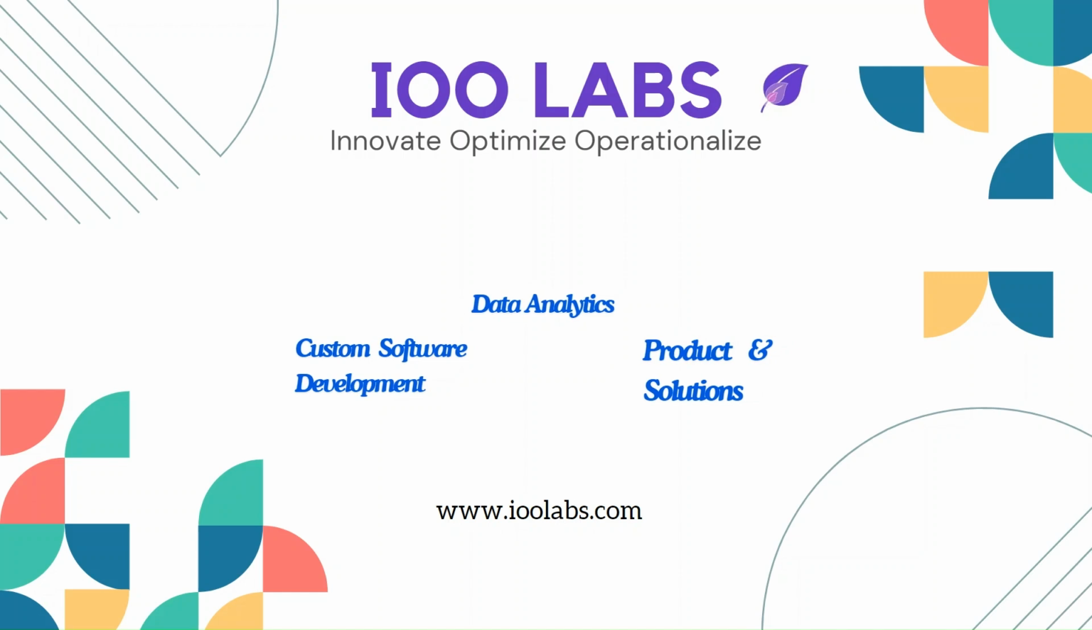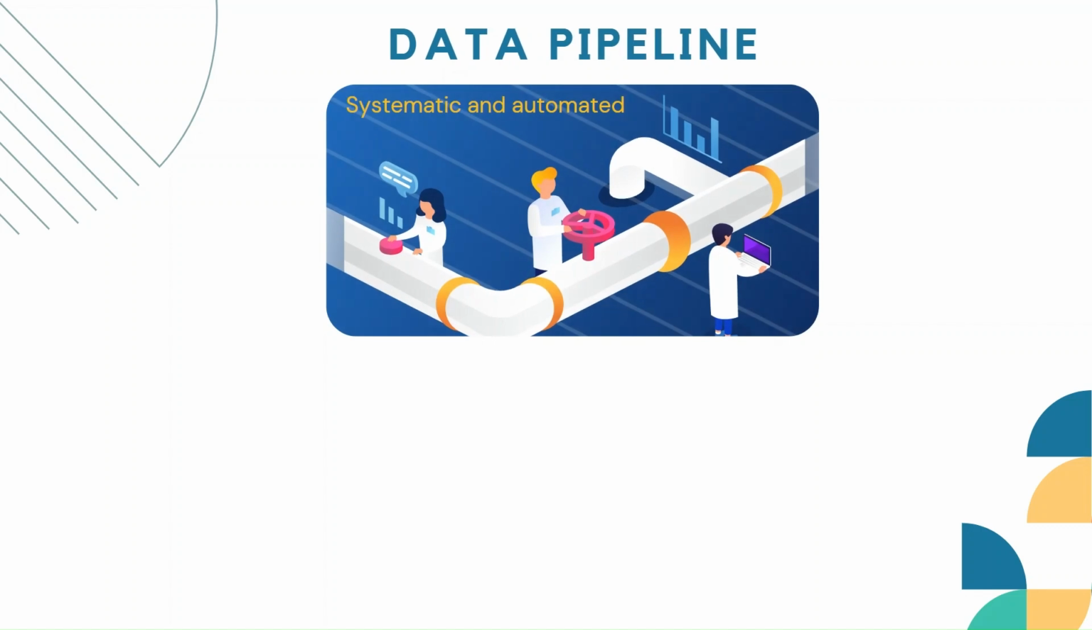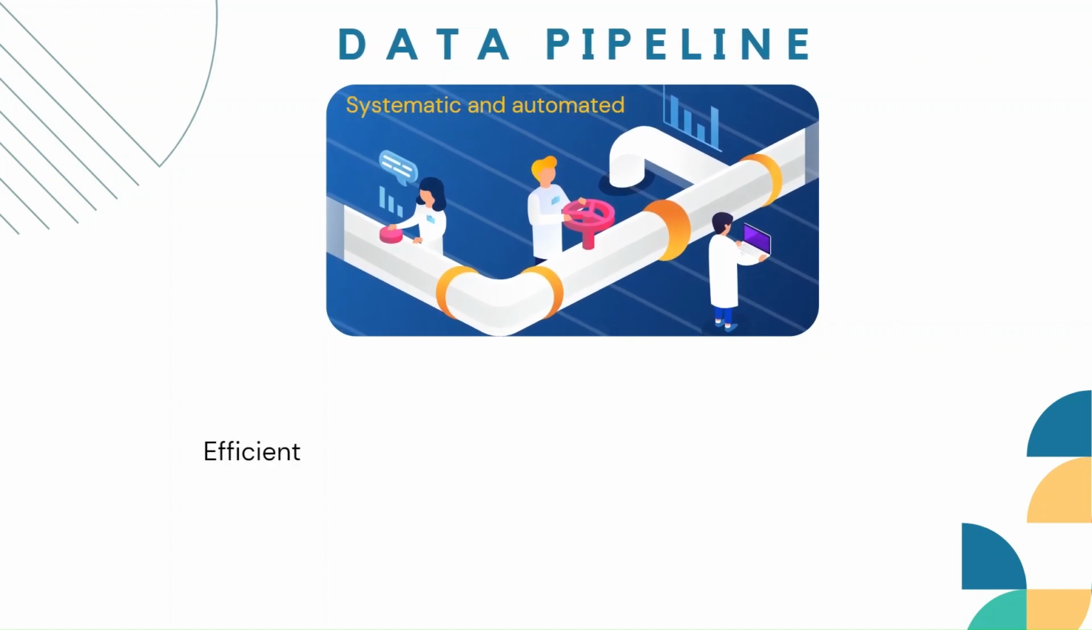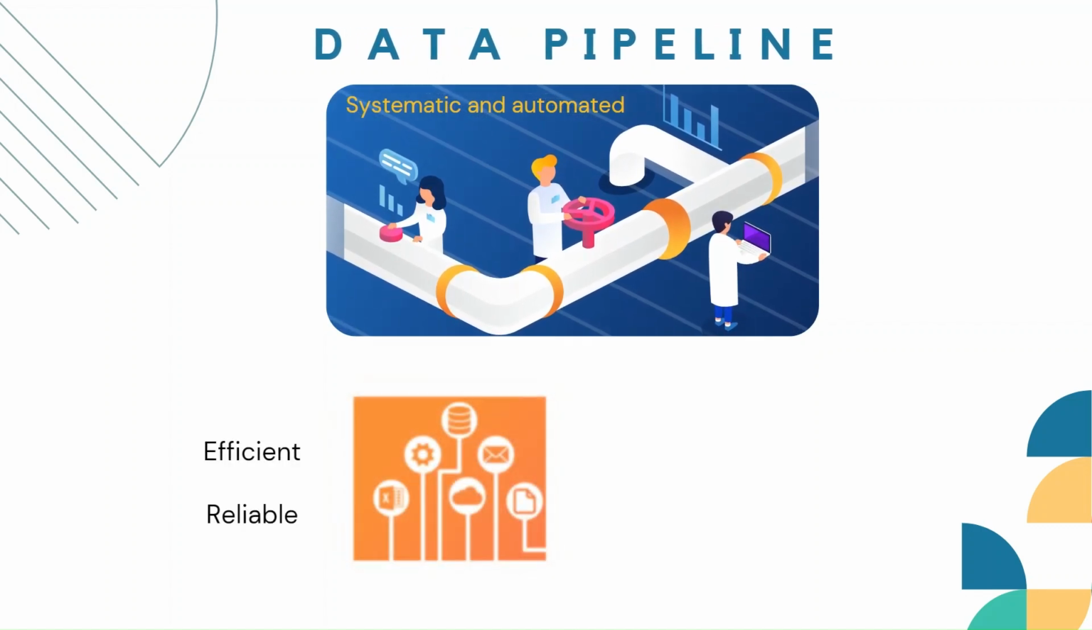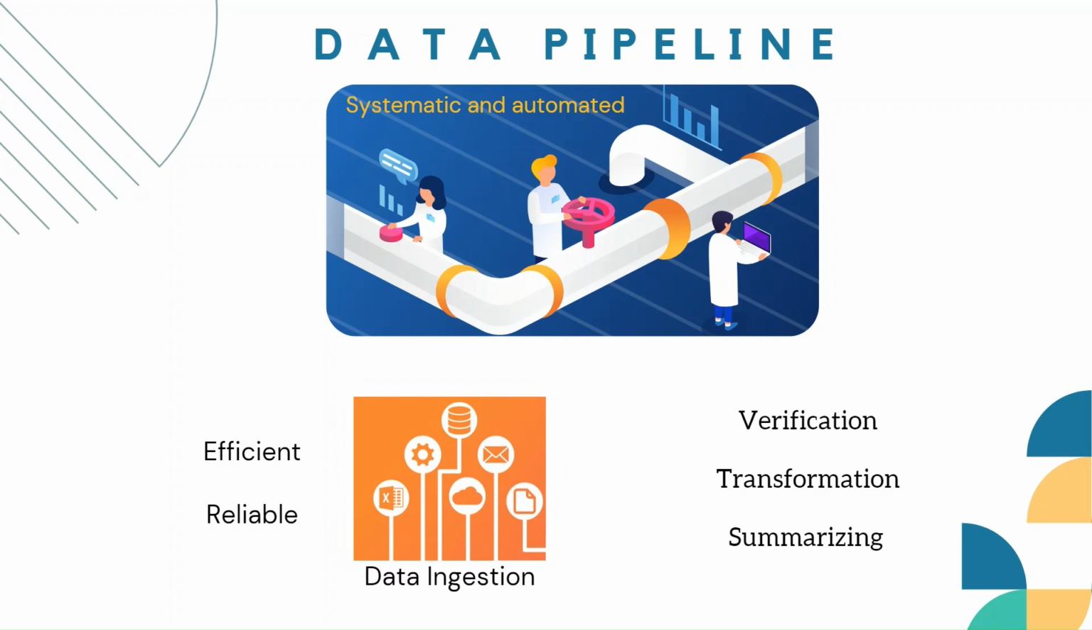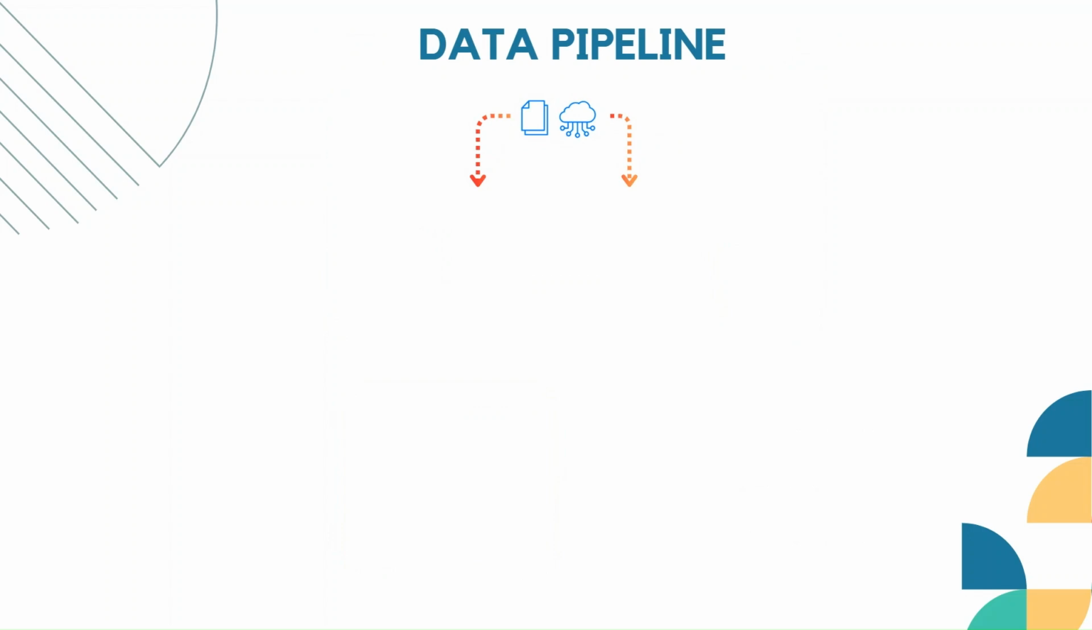In today's video, we are going to talk about the key advantages of using an automated data pipeline in data analytics over manual extraction, transformation, and analysis using queries and Excel macros. A data pipeline is a systematic and automatic process for efficient and reliable ingestion of data from different sources after verification, transformation, and summarizing of data to find different patterns, and finally storage of data in a data warehouse or